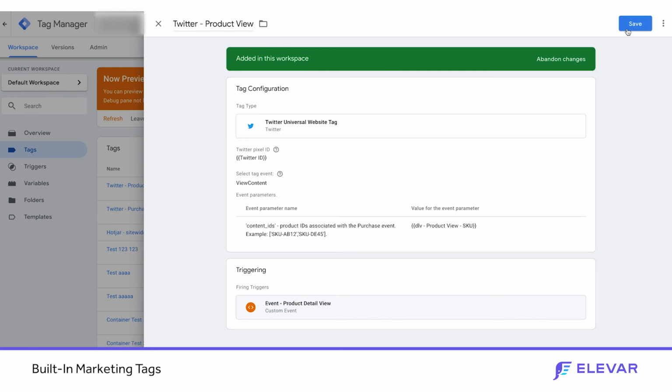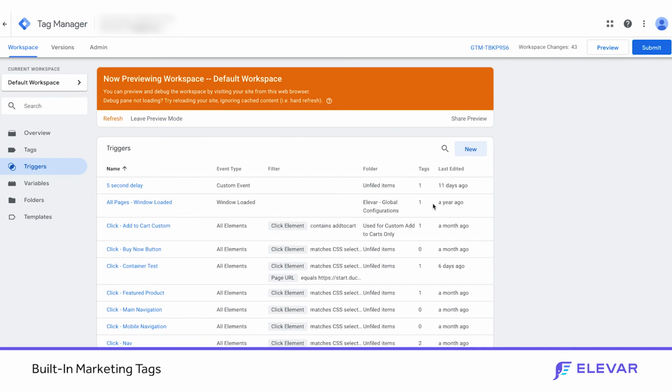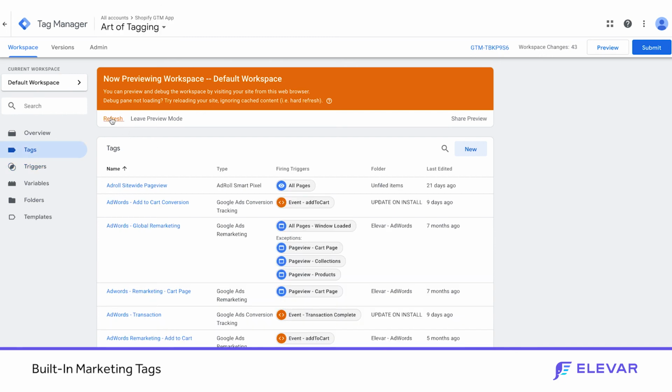So that's a very easy way if, again, you start with a foundation, you have your data layer built, you have your set of triggers. So your common triggers are going to be like your product view and your add to carts and all of that. And then you need to implement a marketing tag. Chances are it could exist as a pre-built tag that you can just add, and you don't have to go through the legwork of grabbing the script and then swapping out the script. And then once you're done, you can go through the same process that you'd go through with the behavior event tracking. You can just refresh,